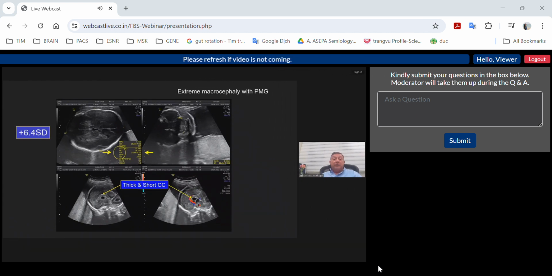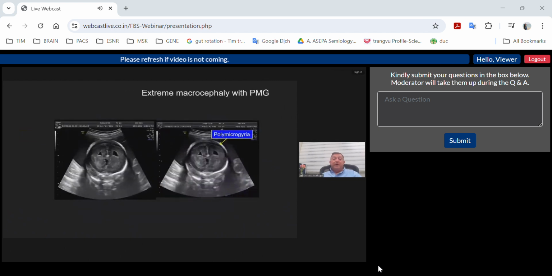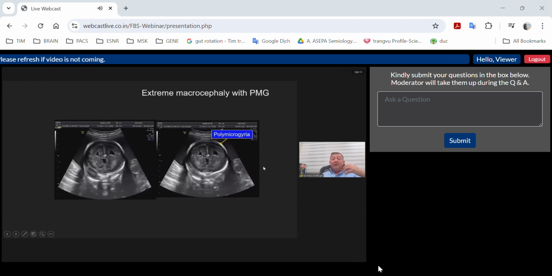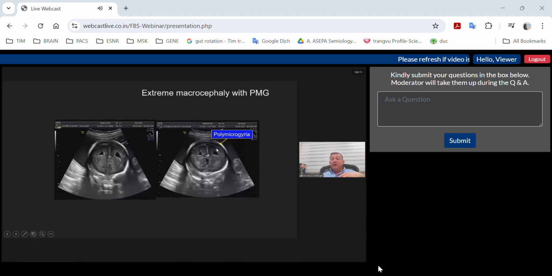You can see here that the head circumference at 22 weeks corresponded to 31. And here you can see what polymicrogyria is from the imaging point of view. You see the shape of the lateral ventricle is very abnormal, triangular, but here you see the polymicrogyria, this undulated pattern of the